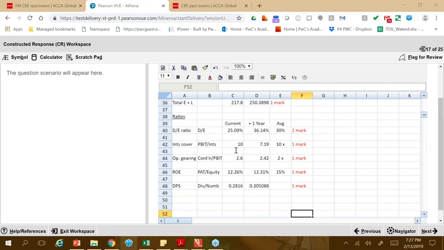Okay, so the question is, operating gearing is related to the ability of business to pay its fixed costs. Yes, it's looking at the cost structure. So whichever way you'd like to look at it, how much is the balance of our variable and fixed cost. Sir, we are asked to do the current and 1 year. Yes, that's how the comparisons happen. So we are doing a financial position comparison, so you have to show always the current and 1 year. Why 60%? Well, it's given in the question that 40% are fixed and 60% are variable costs.